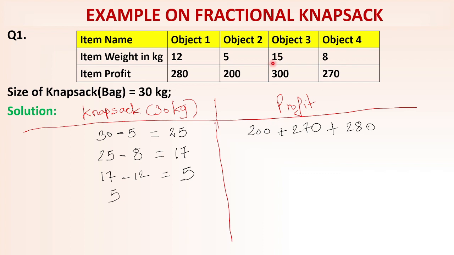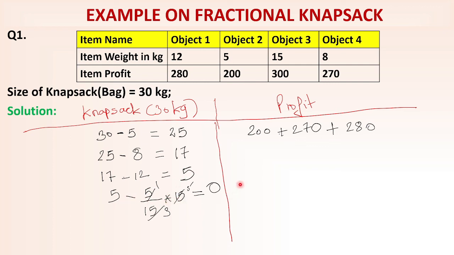That's why it is called fractional knapsack. So from the 15 kg of object 3, I can only take 5 kg. So 5 upon 15. Why only 5 kg? Because the size of the knapsack is 5 kg currently. It can only take 5 kg of items inside it at the most. So 5 kg only I can take from object 3 out of 15, and the total size of object 3 is 15. So multiply by 15. When you cancel this, you'll get 0. Now 1 by 3 fraction of the 15 kg is taken inside the knapsack. So that's why it is called fractional knapsack.